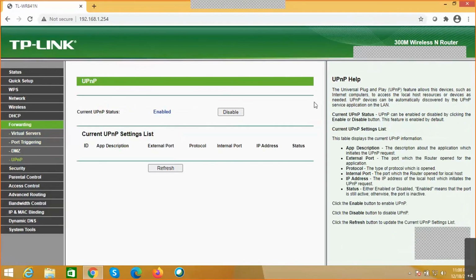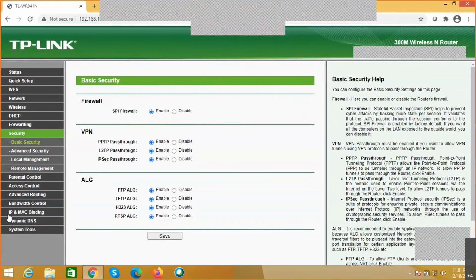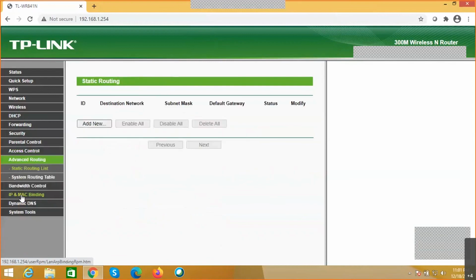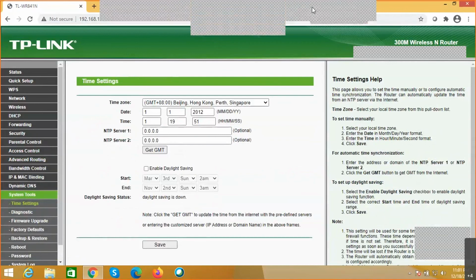But as part of security, we recommend you disable this particular option, because if it is enabled, certain devices can automatically discover and connect using it. And we have a basic security part. Again, we have a firewall section in most access points. We recommend you enable all the security features. We have a lot of controls with respect to access and bandwidth, which we have already seen in the previous firewall section.